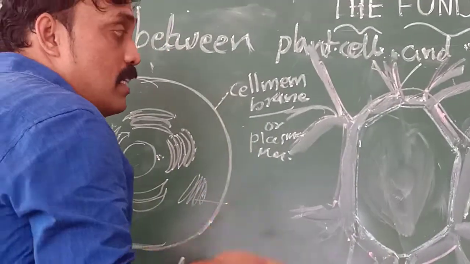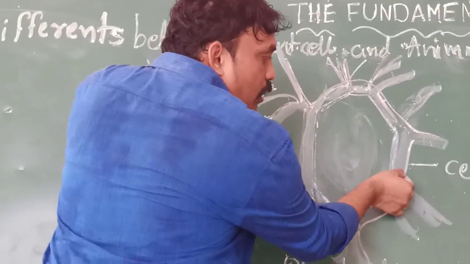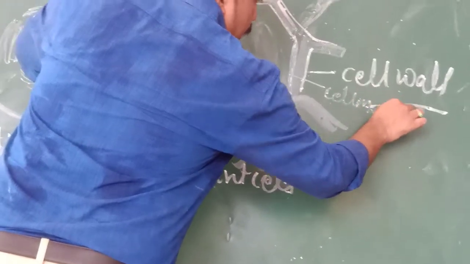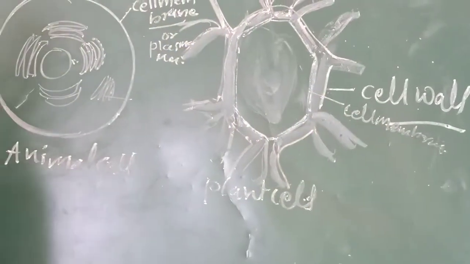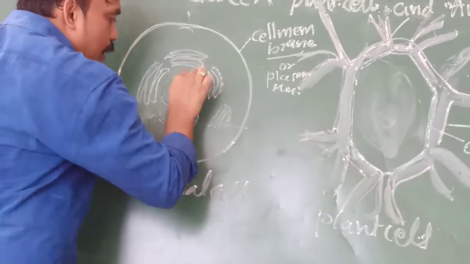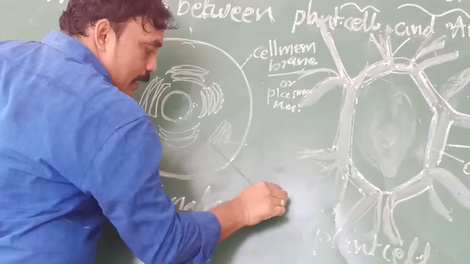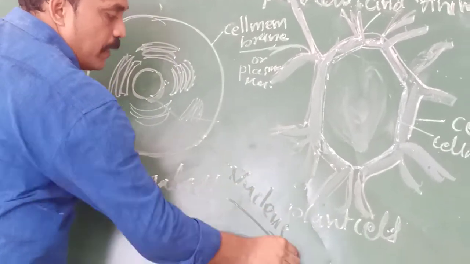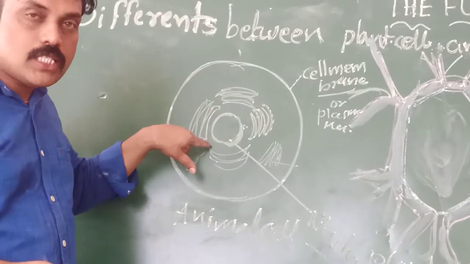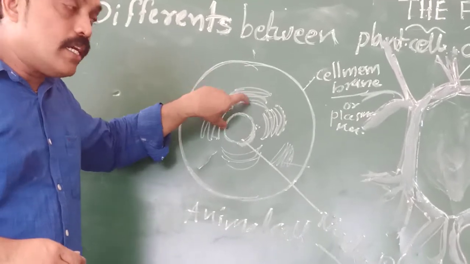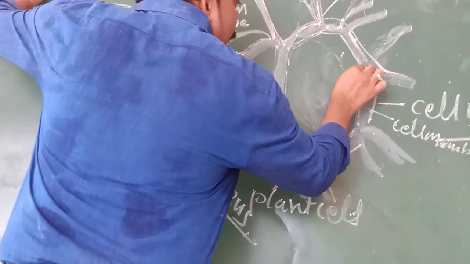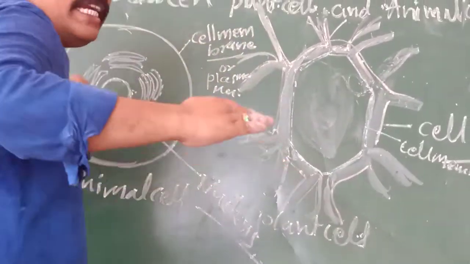And in plant cell, there is an inner membrane also, two membranes. The outer covering layer is cell wall, and the inner membrane is again cell membrane. Two membranes are there, one important. The nucleus is a very important part of genetic material. In most animal cells, the nucleus is located in the middle of the cell. But in plant cell, it is located at the side region, that means the edge of the cell.